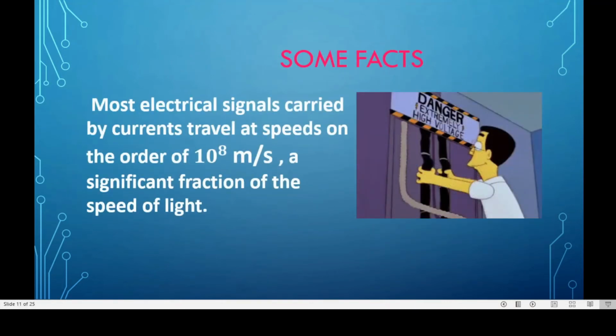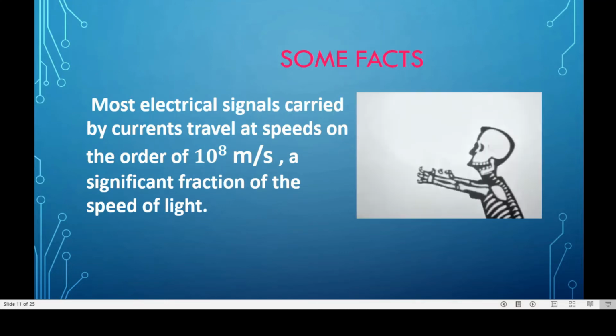Similarly, most electrical signals carried by currents travel at speeds on the order of 10 power 8 meter per second. It is a significant fraction of the speed of light. We know that the speed of light is 3 into 10 power 8 meter per second. But interestingly,